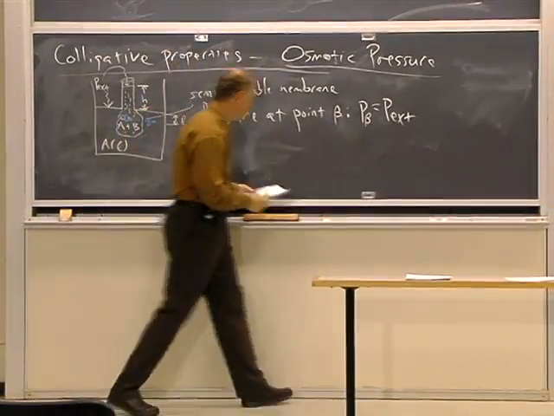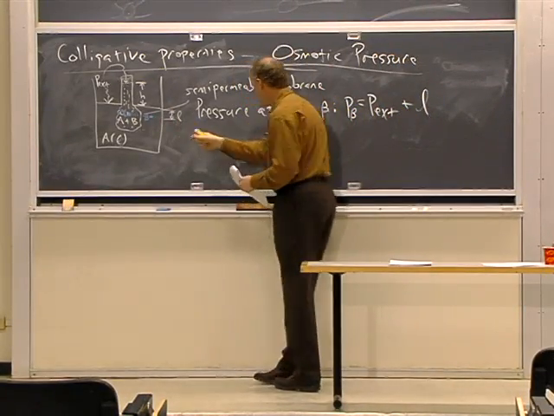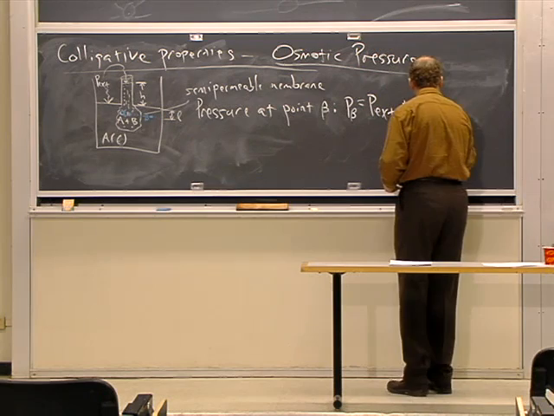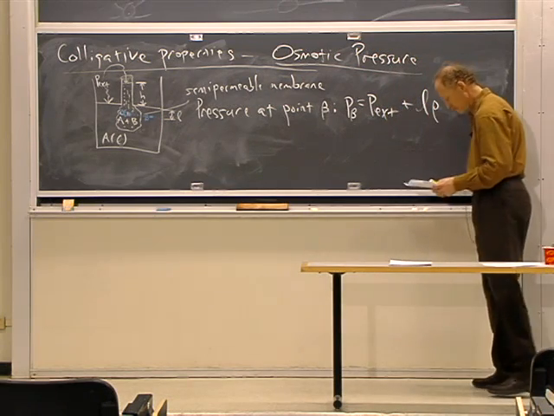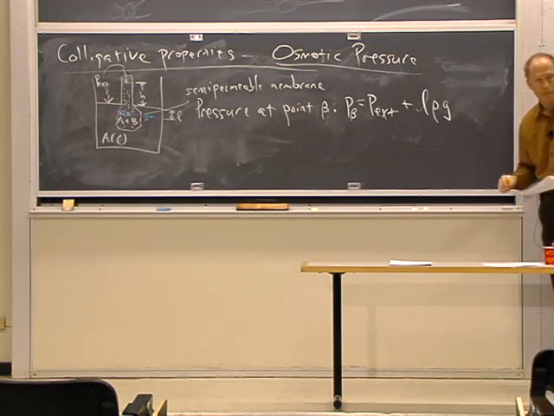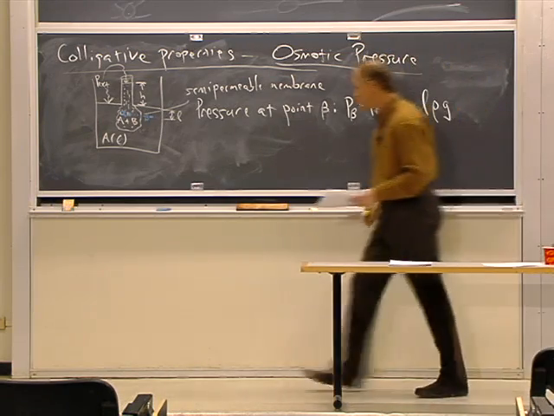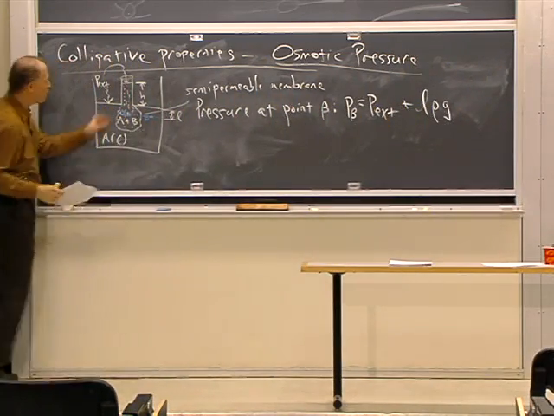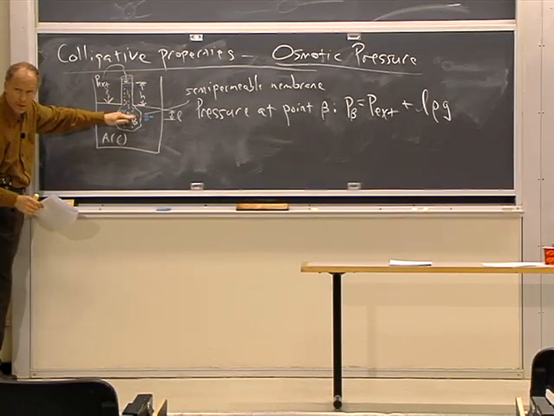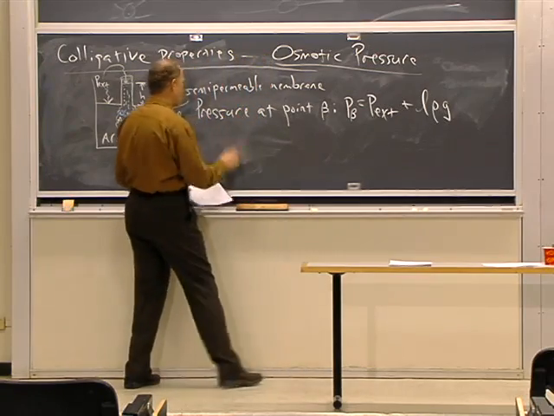And then there's the product of this height times the density of the solution times the gravitational force constant. Okay, and I'll work through that momentarily so you see that that indeed is the pressure that's exerted by the amount of liquid that's up above this level. But before I do that, let's put the pressure